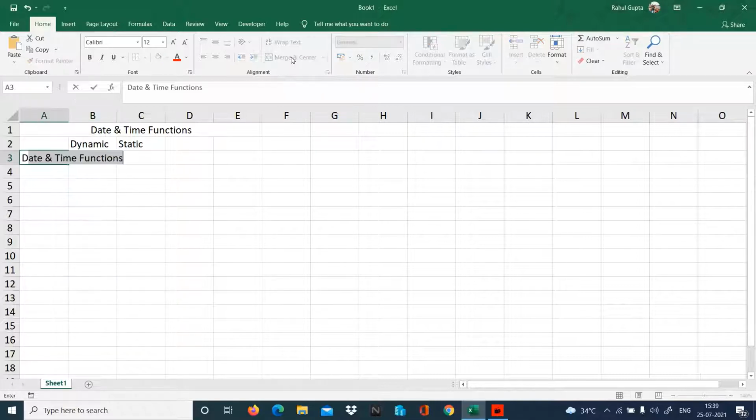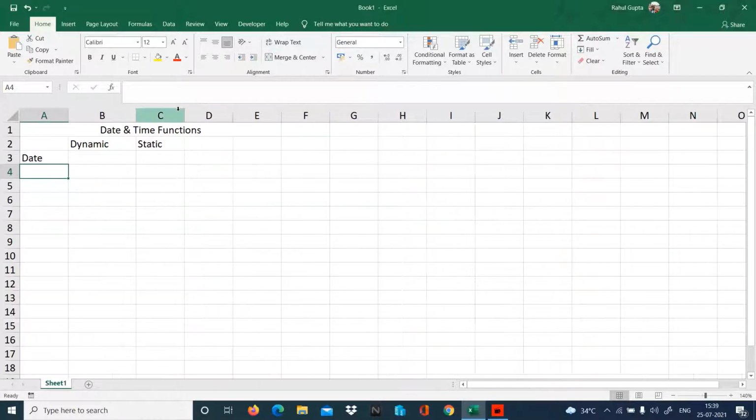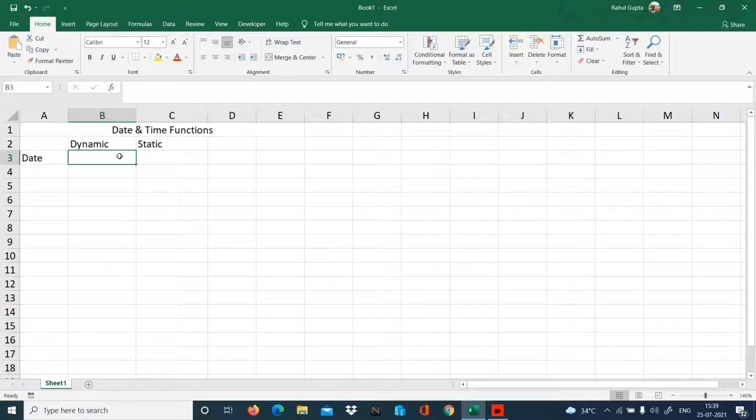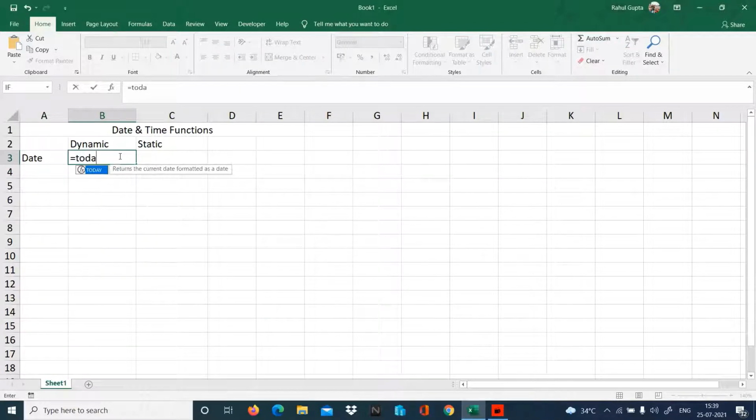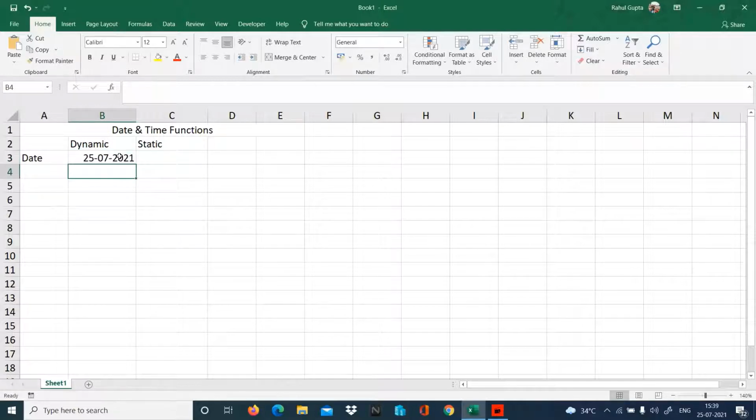So let's talk about date: how to get the dynamic date and the static date. For a dynamic date, we use the function =TODAY(), bracket open, bracket close. That gives us a dynamic date, meaning when I open this sheet tomorrow, I'll get tomorrow's date. Today is 25/7/2021, and that's what I got.